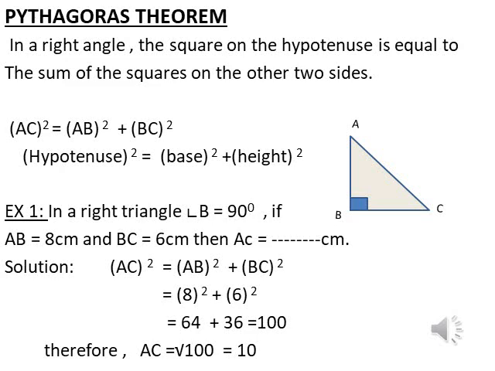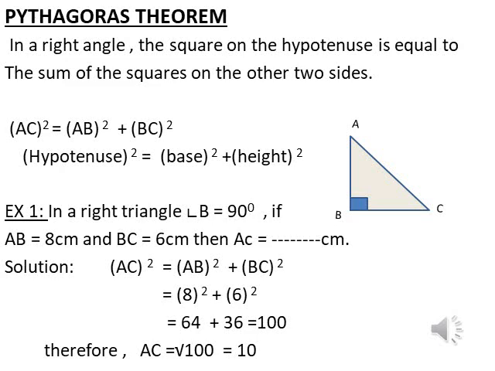In this figure, ABC, angle B is 90 degrees. So, the side opposite to 90 degrees is AC here. So, AC is the longest side here and we call it the hypotenuse. The side opposite to 90 degrees, you always call the hypotenuse. So, in this figure, AC is the hypotenuse, whereas AB and BC are the two perpendicular sides, one of which we will consider as the base and the other as the height. So, here BC is the base and AB is the height.